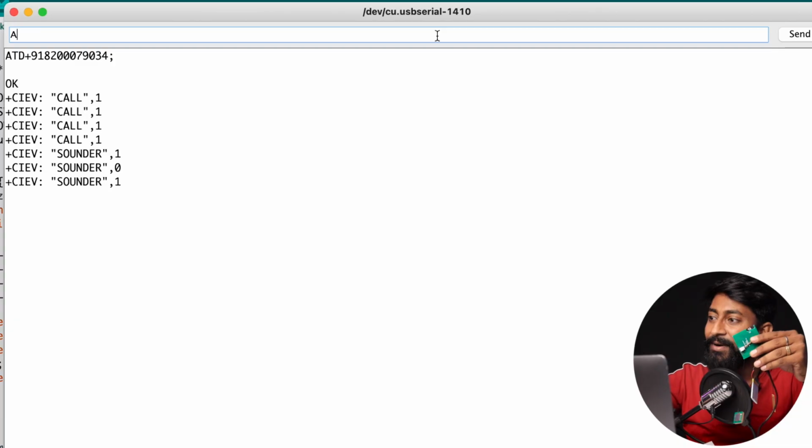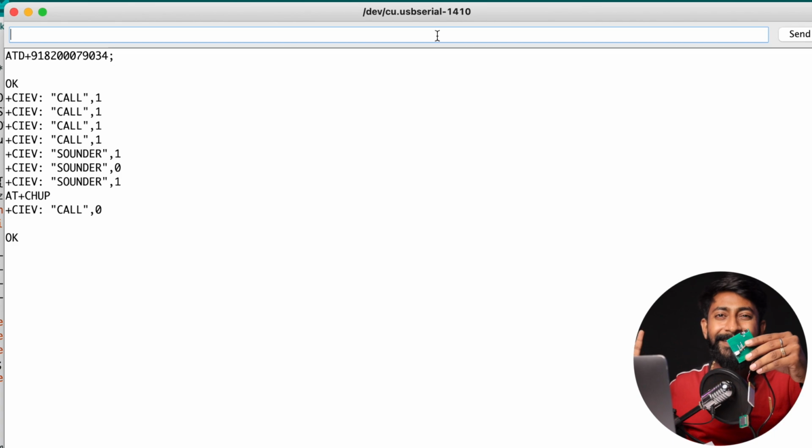And yeah, with this we successfully tested the microphone and the speaker as well. And now to cut down the phone call, the AT command is AT+CHUP. That is CHUP, right? And yeah, the call is disconnected. With this we have successfully tested the microphone and the speaker, and now we are left with testing the